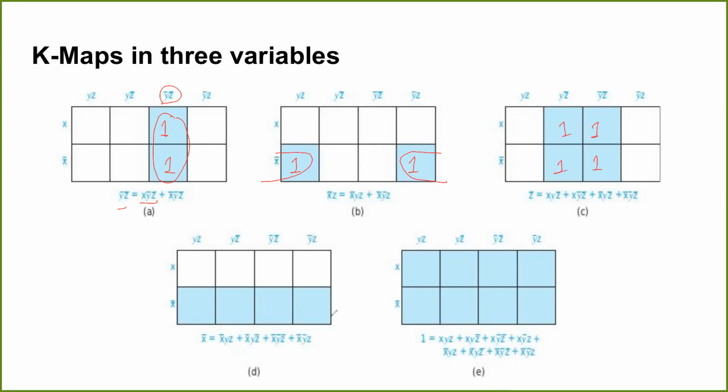Similarly, in this case, suppose I have these four ones. So what is the equivalent? Yes, these. If you just look at what the common variables are, you can see y complement is used. Z complement is there, but there is no z paired with it. And if you look at x complement, that is also used.